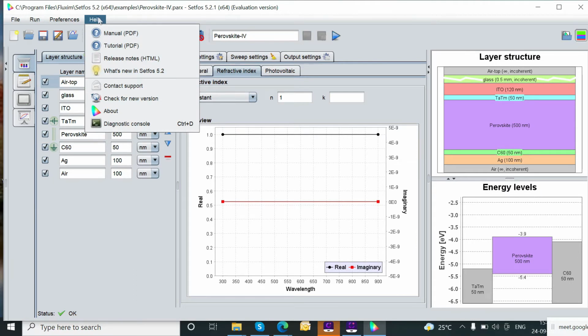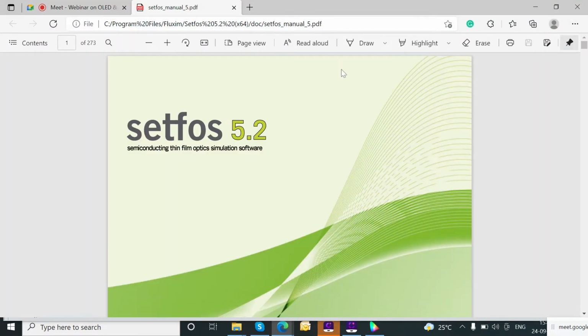Parallel parameter swapping: you can see here the band diagram is changing with thickness variation of one of the layers. As we increase the thickness of this active layer, you can see how the band gap is changing. Similarly, many more features are there, and it is made very easy to use so that you can learn. These are the what's new feature window. Now let me show you the main screen window.